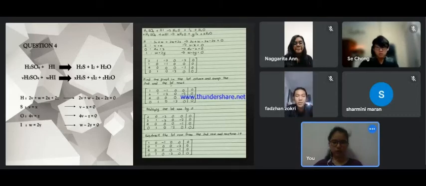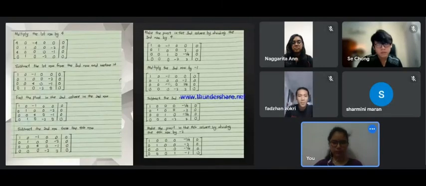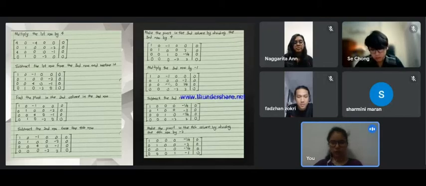And we convert these 4 equations into the matrix form, and we find the pivot in the first column and swap the second and the first rows, and we multiply the first row by 2. Then we subtract the first row from the second row and restore it, and we multiply the first row by 4 and subtract the first row from the third row and restore it, and find the pivot in the second column in the second row, subtract the second row from the fourth row,